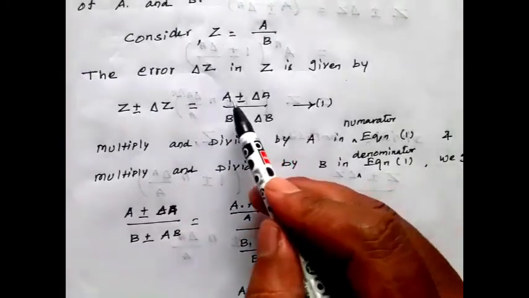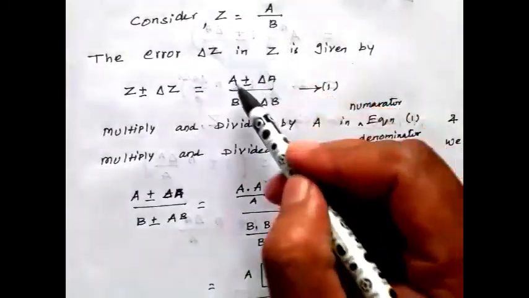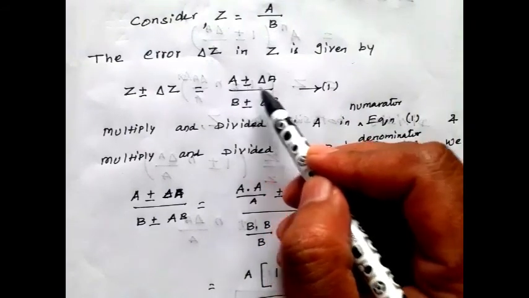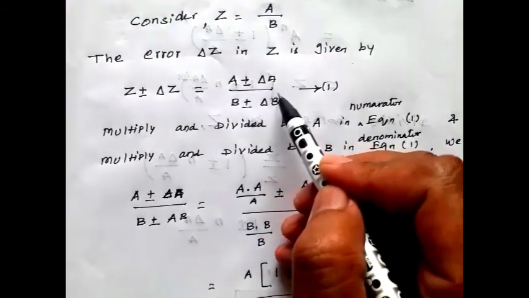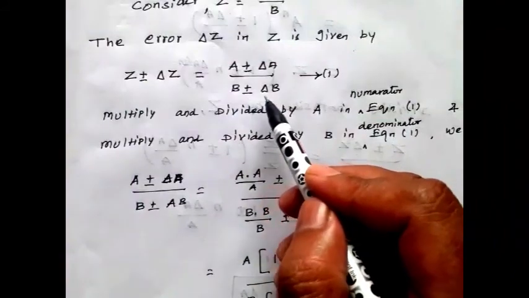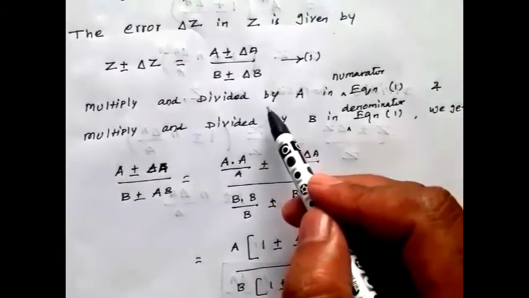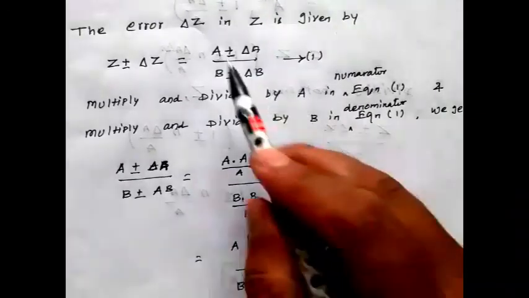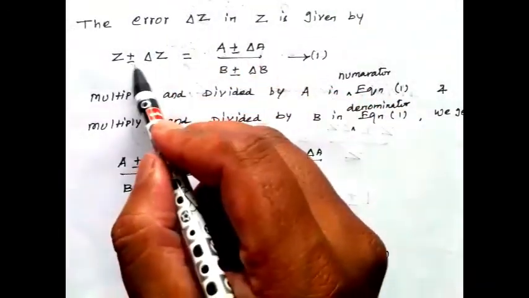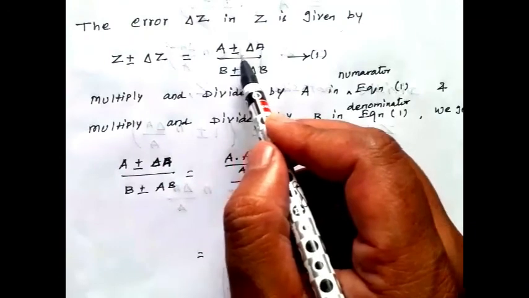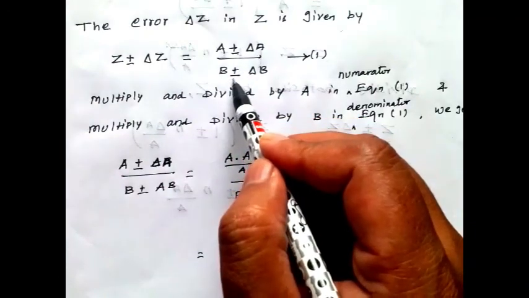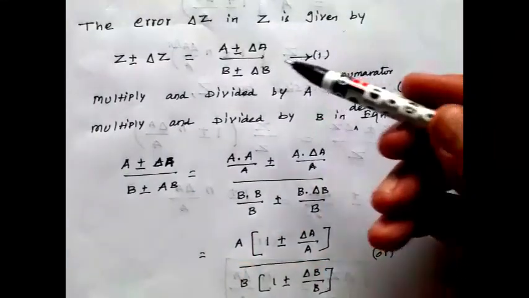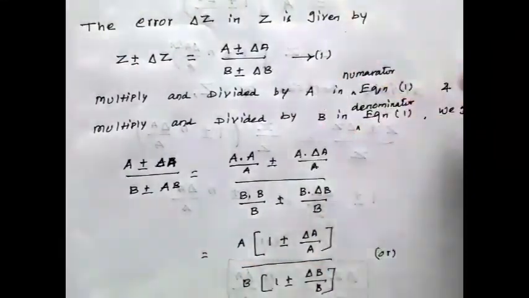Okay, so what is Z? That is A by B, for example, A plus or minus del A divided by B plus or minus del B. Okay, it will be equation number 1. So Z plus or minus del Z is A plus or minus del A by B plus or minus del B. We need a formula, so we can simplify this equation. First here,